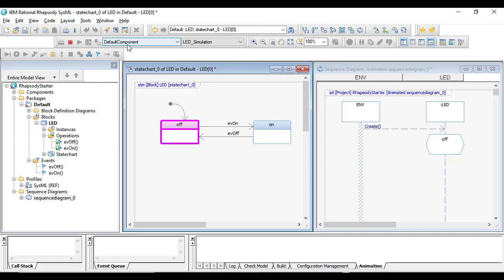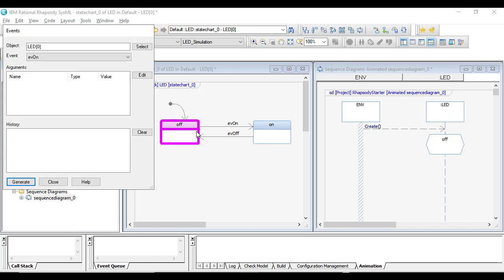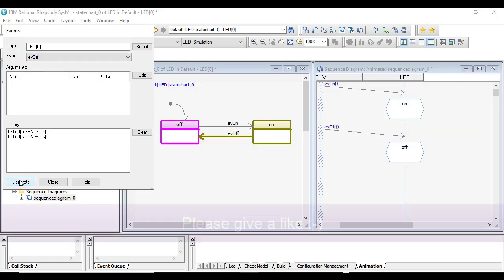Congratulations! If you have followed the steps, you are now able to create executable models from Rhapsody Designer or compile and execute the code generated from models with the Rhapsody Developer. This will help you to validate your model faster, and you will find issues earlier when they are cheaper to solve. So have fun with executable modeling.